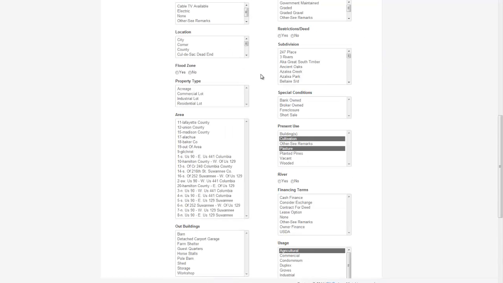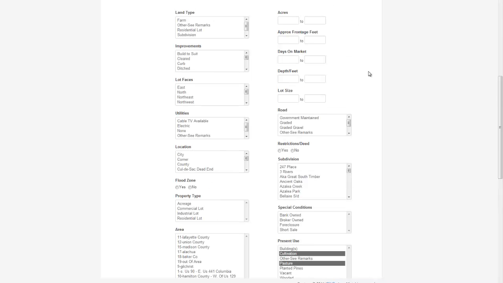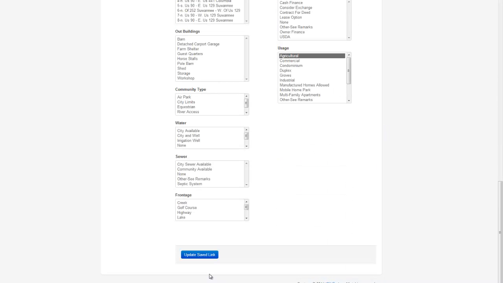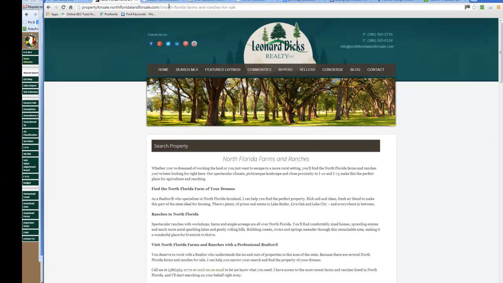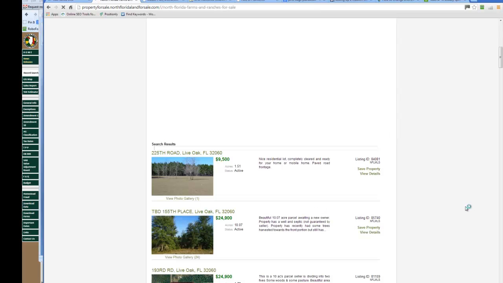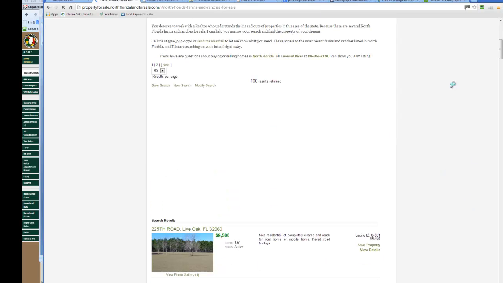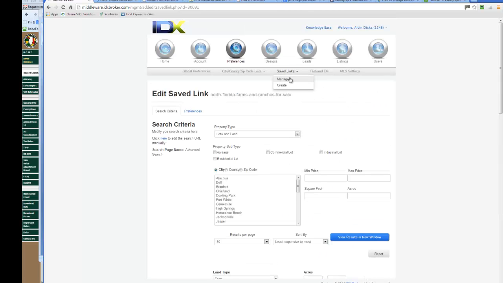Once you're done choosing all the different criteria to fine-tune this search, you're going to come down to the bottom and click update. When you update and come back here, you can click into the URL, hit enter, and refresh this page. When it refreshes, you'll scroll down and look at the results and verify that they are correct. Now, the other type of saved link that we have